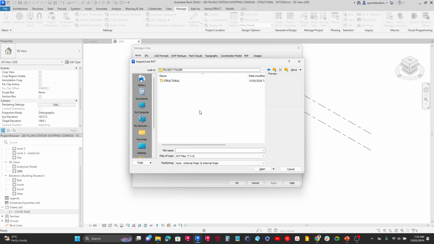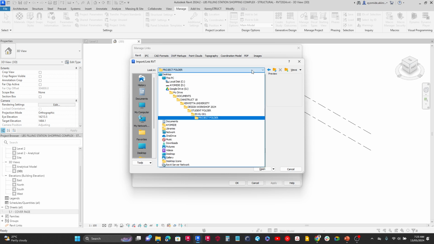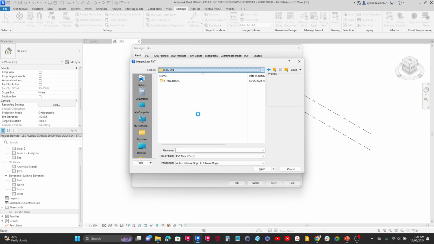All right. Oh, sorry about that. I'm going to locate my students folder rather, and I'm going to go over here to materials. Just going to wait for that to load. Okay. Then under the materials, I'm going to look for the shopping plaza project. So I'm going to open that up, and then I go over here to architectural,